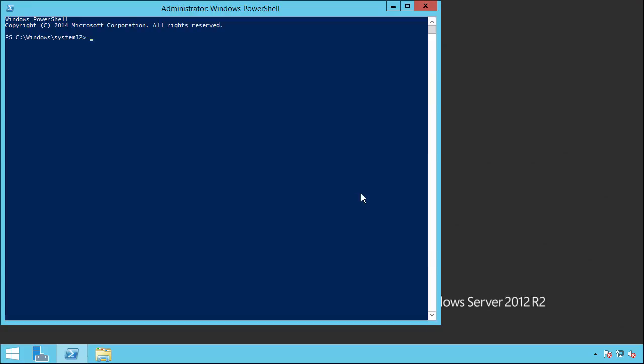Let's start with the simplest example, creating a single user. For that we use the cmdlet New-ADUser, which only has one mandatory parameter, which is Name. So let's create, for example, a new user called John Doe. We type New-ADUser -Name